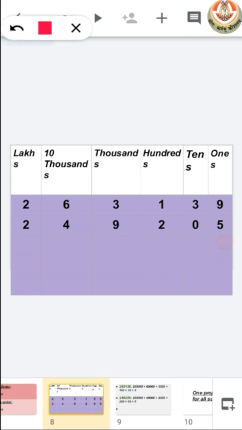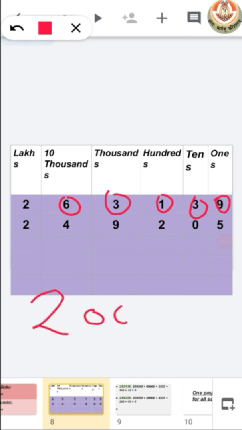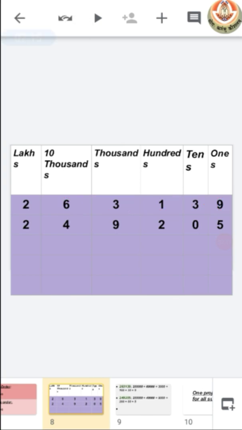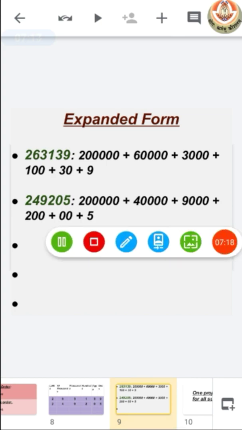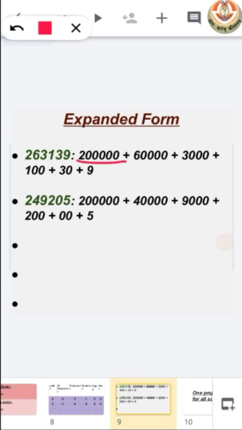Here you can see, how many zeros does 2 lakh have? 5. If we want to write just 2 lakh, we have to place 5 zeros after 2. A similar thing we have to do here to expand them.